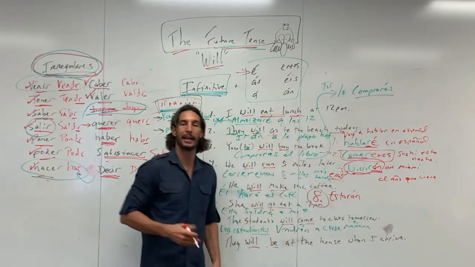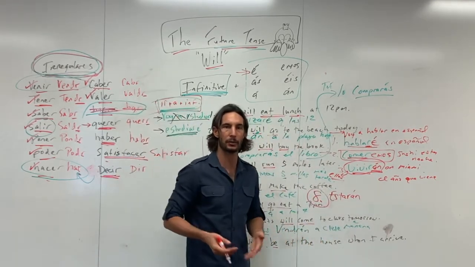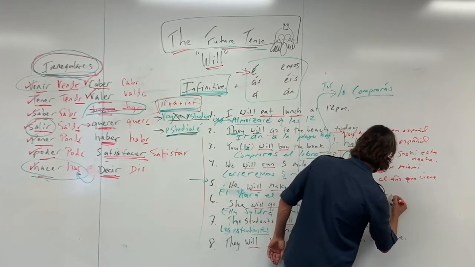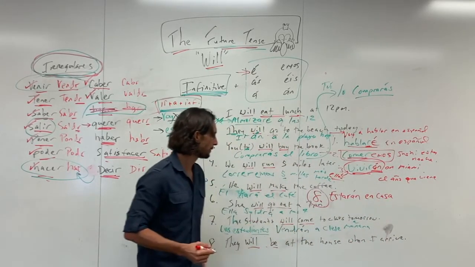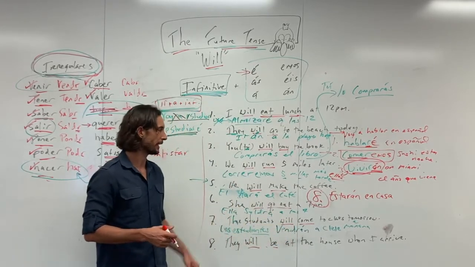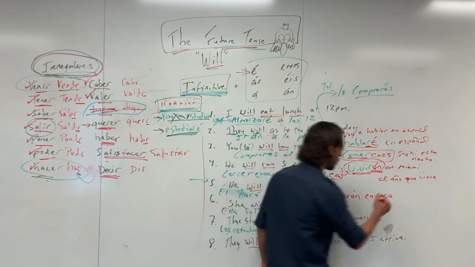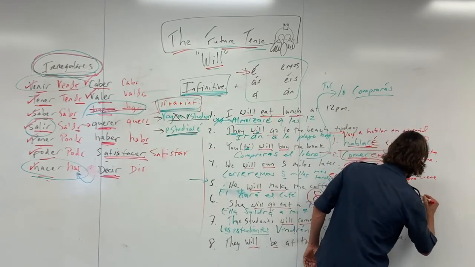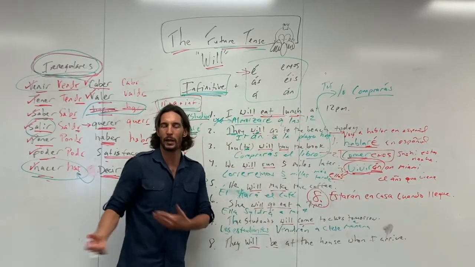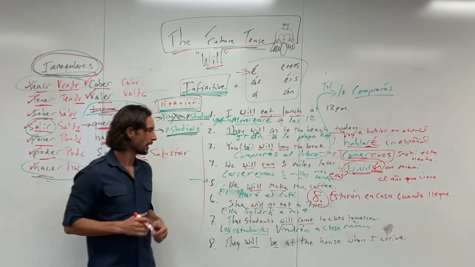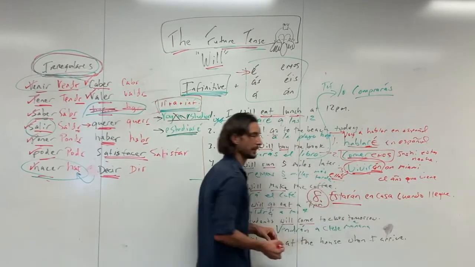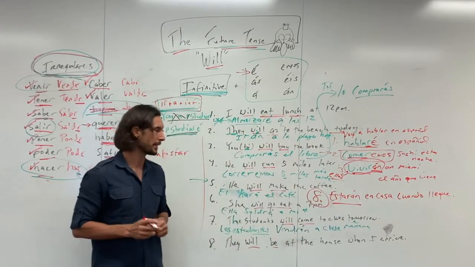So they will be at the house, right? Estarán en casa, you could say. They will be in-house, which doesn't make sense in English, but in Spanish it does. Estarán en casa, right? Or if you want to say in the house, literally, you say en la casa. But you can say estarán en casa cuando llegue. You can say en cuanto llegue. There's other ways of doing it. But again, for today, the most important part of this is understanding the future tense.